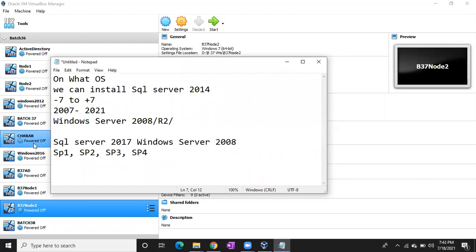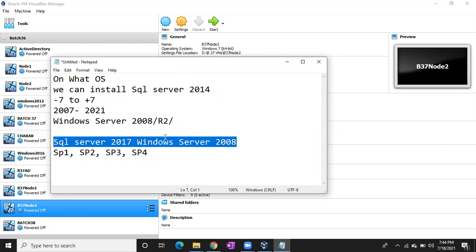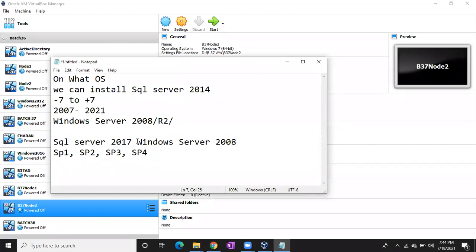Compatibility. Yes, the level will be increased for 2017. The gap will be increased between 2017 and 2008 again, so you cannot install. Got it? So in this case, in these two softwares, whichever is the lower version software, you have to patch that software so that you can install your SQL Server 2017.